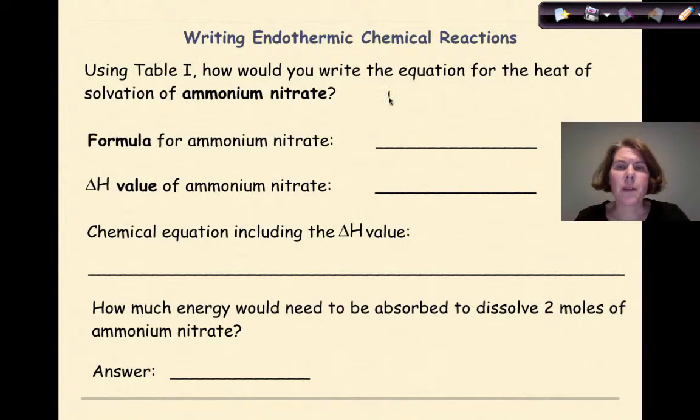So ammonium is NH4 plus 1, nitrate is NO3 minus 1. So the plus 1 and the minus 1 are going to cancel each other out. So when I rewrite this formula, I'm going to write NH4NO3. The delta H value for ammonium nitrate on table I is 25.69 kilojoules. So the chemical equation, including the delta H value, would be